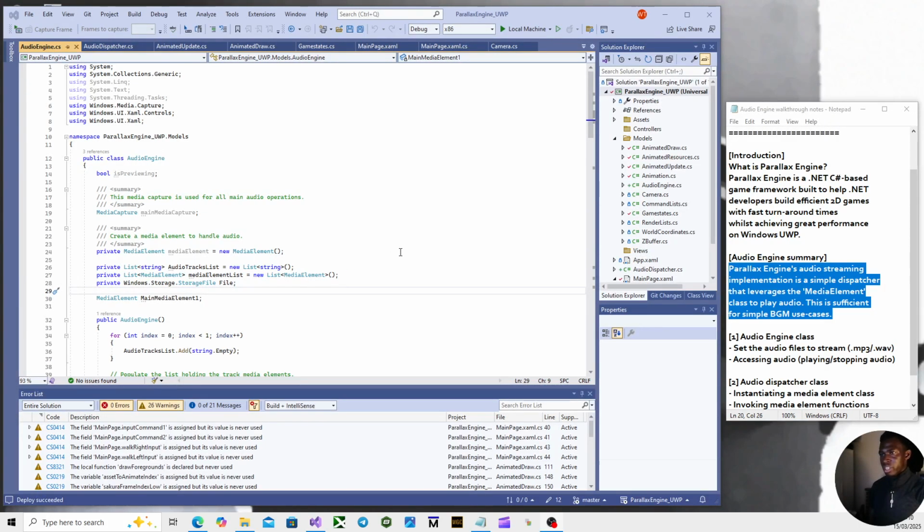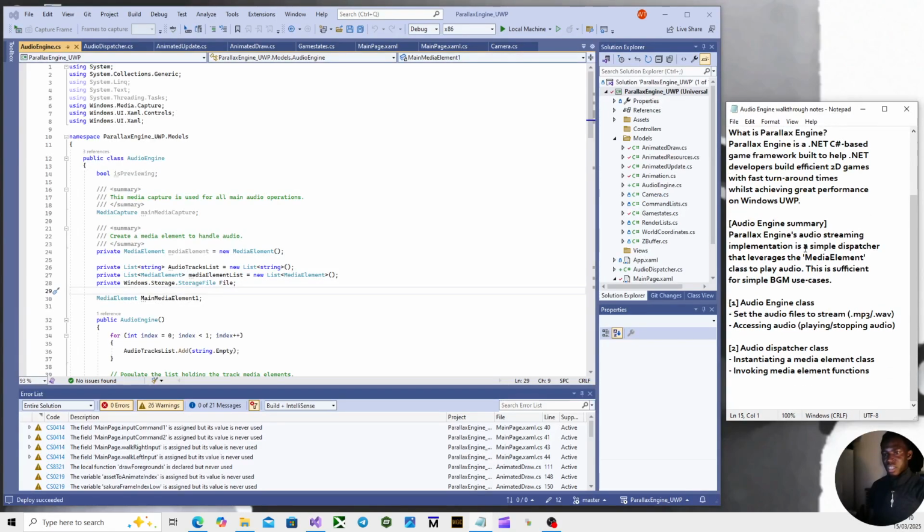I'll run through the code and I'll have some comments on the performance and some other thought points I have using media element. You can do all the implementation in one class, maybe like the main window class. But I decided to make two particular classes to help handle audio. In the Solution Explorer, I have Audio Engine, and I have the Audio Dispatcher,